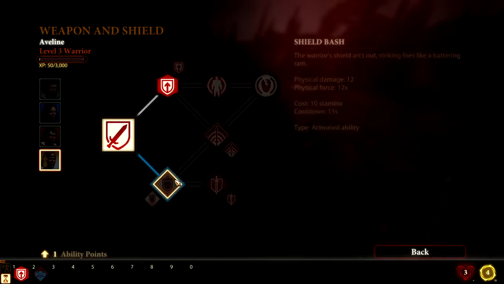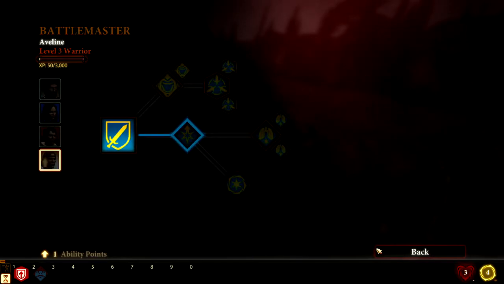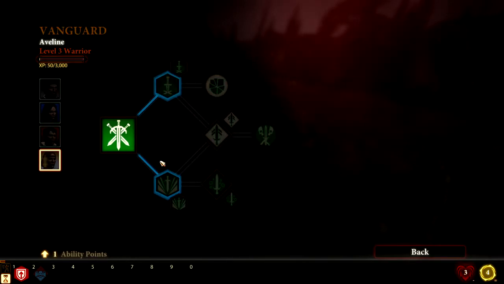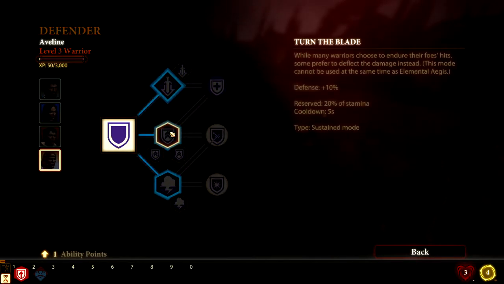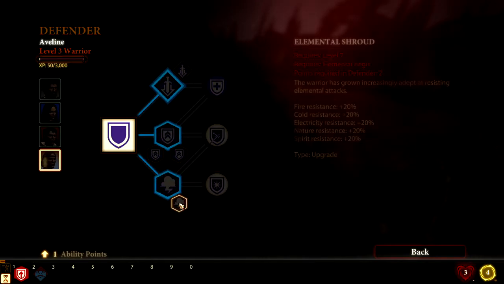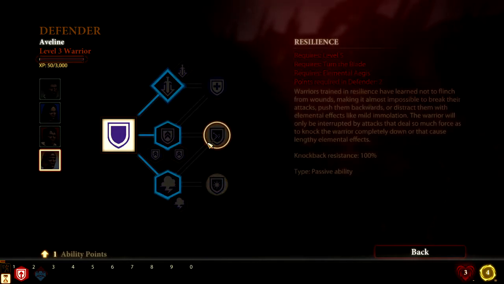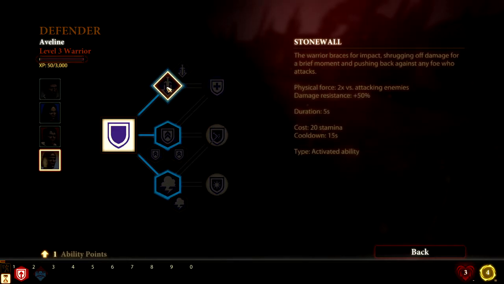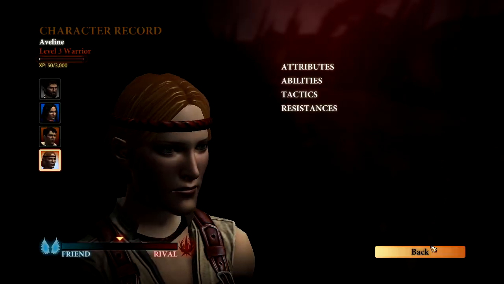Alright. What's this? Shield Bash? Strikes at all foes like a battering ram. Alright. Battlemaster. Vanguard! Defender. Turn the blade. Or, ooh, Elemental Aegis is going to be useful to have. This is really going to be useful to have later on. Resolve. Resilience for knockback. Adamant. Yeah. Everyone gets a